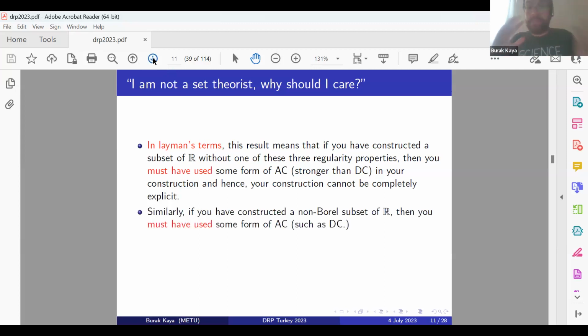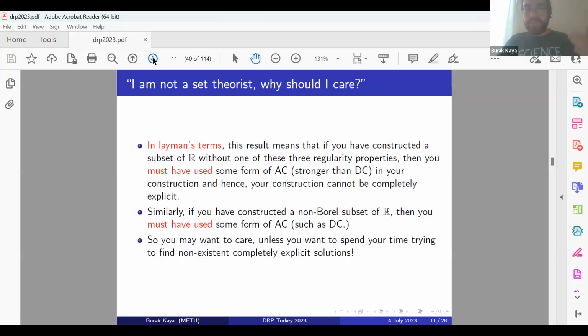Similarly, if you can somehow construct a non-Borel set, then you must have used at least dependent choice, okay? Some form of AC. Without any choice, you cannot construct a non-Borel set. Now, what are these motivating? These are motivating that if you can construct something non-Borel, you have to use a certain amount of choice, so it has to be non-explicit. If you can construct something without these nice properties, you must have used a strong form of choice, so it can't be explicit. Which means that if you're searching for explicit constructions, if you want to actually write it down in a nice way,